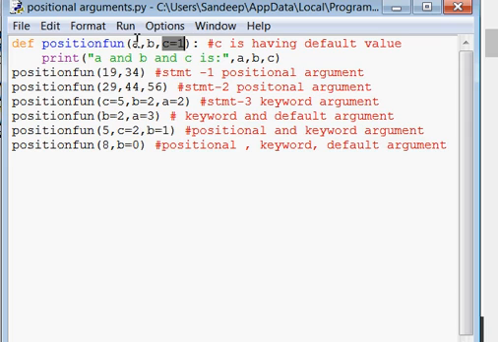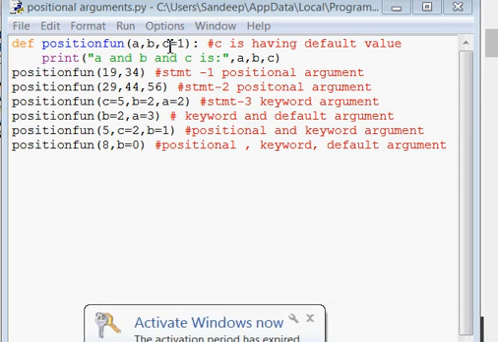Default value works when you have not given any value for that argument during the function calling statement. It was seen in our previous lesson. So due to this statement, 19 will be copied into A and 34 will be copied into B, and for C there is already a default value.